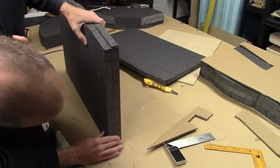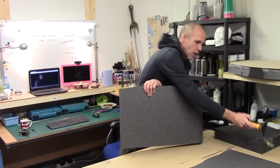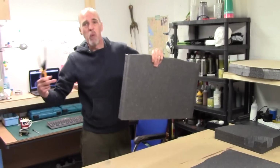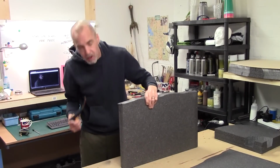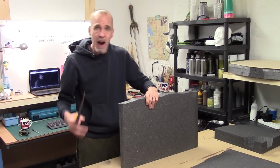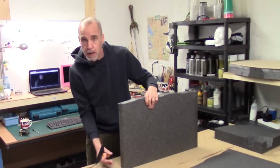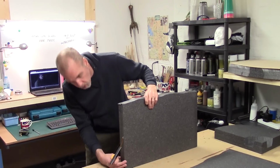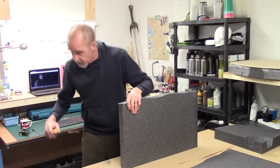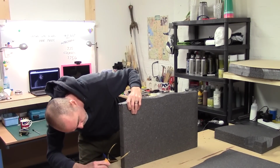Now the important thing when you do modular trenches is that even though I've done this big cardboard template over here to lay out where I want my trench lines, the only thing that has to be perfect is the edges where they meet up. Everything in the middle could be higgledy-piggledy, it doesn't really matter. So all I need to do when I'm doing my precise cutting with my hot wire cutter is just make sure that that little bit there